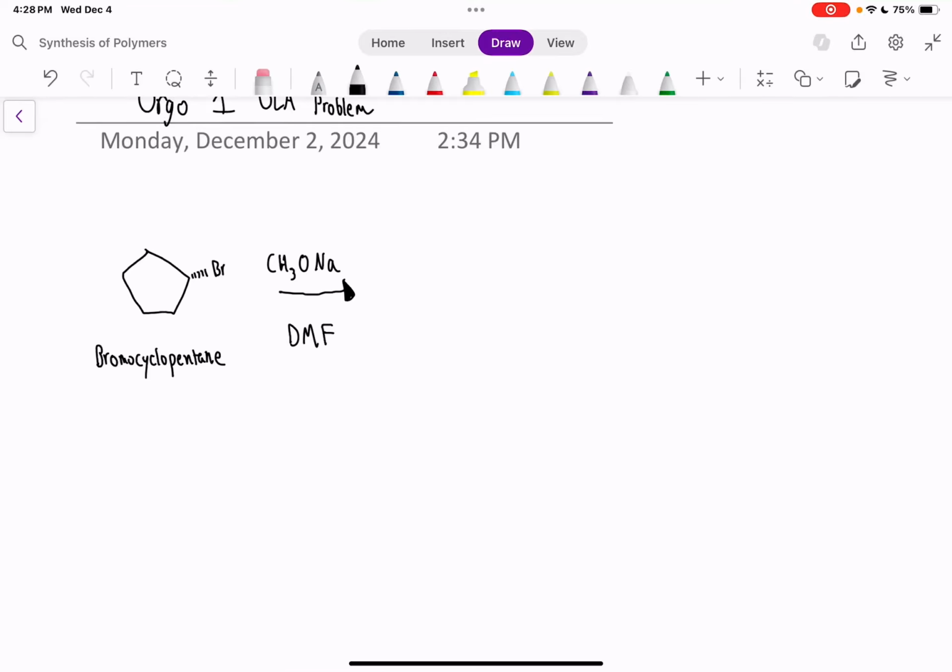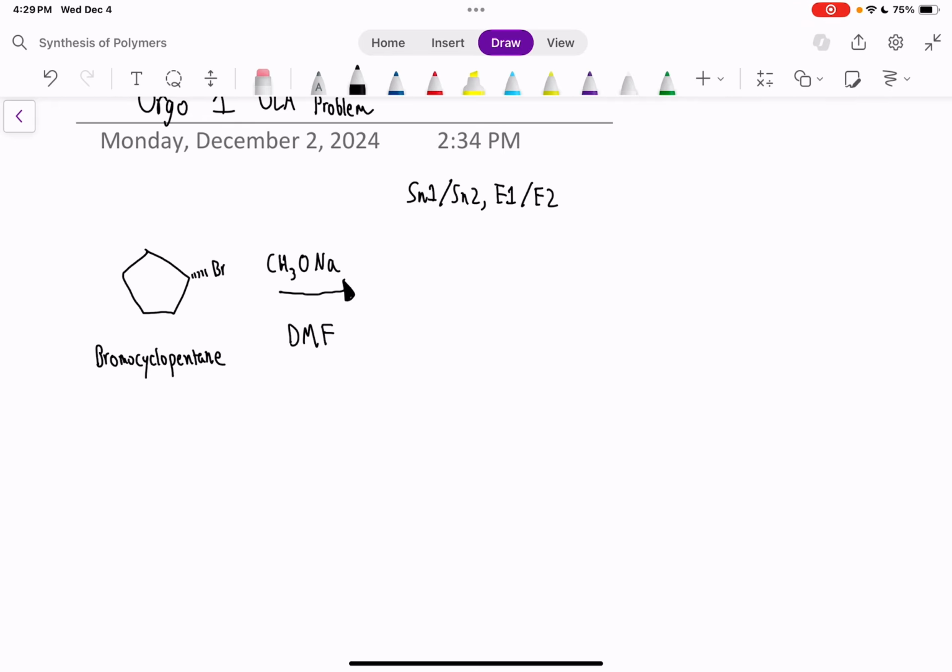All right, hey everybody. The reaction that I'm going to be going through today is bromocyclopentane reacting with sodium methoxide in a DMF solvent, specifically in the scenario of SN1, SN2, E1, or E2 reactions. When I look at a problem like this and I'm not sure where to start, I